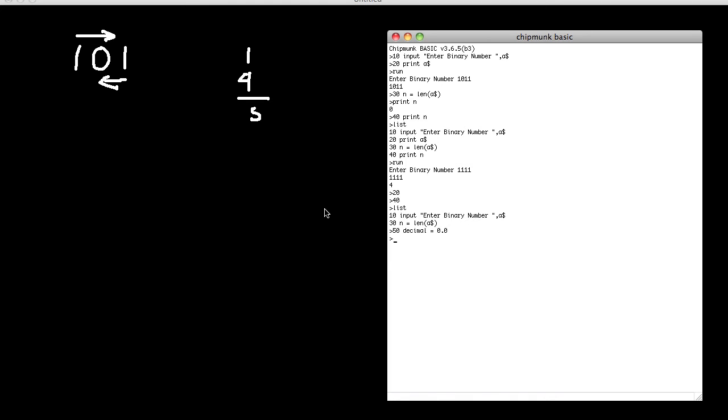Now suppose I run the program. It says enter the binary number, but I don't enter a number and I hit return. The computer has nothing to process. So I'm just going to put a statement in there that tells the program to stop running if I don't input anything. So I'm going to type in a statement 60